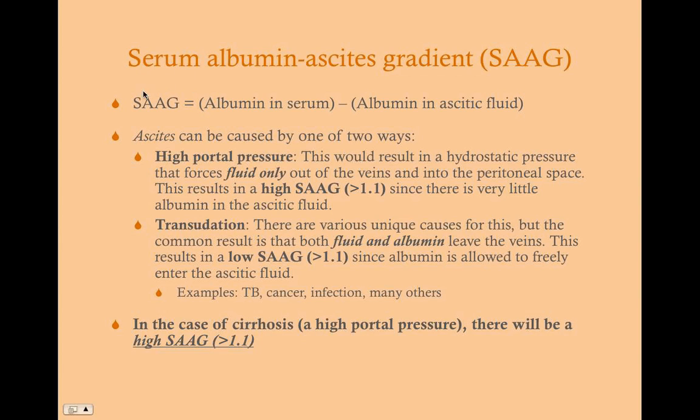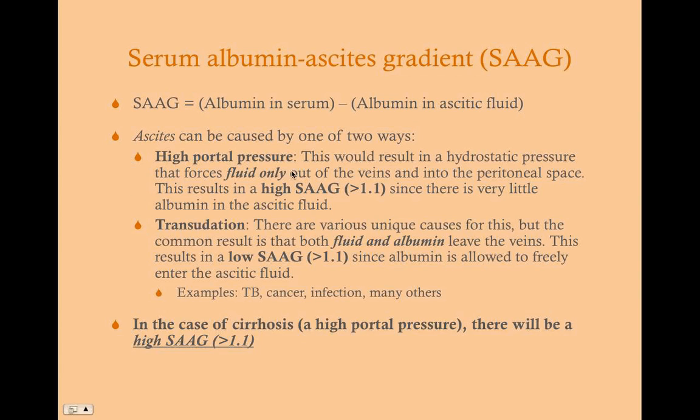And this is going to be very important to know, because when a patient presents, sometimes they may just have ascites, and you want to know, is this caused from a high portal pressure? Is this patient in a cirrhotic state, or is there another malignant cause or an infectious cause behind it? Most of the time, it's going to be due to a high portal pressure, but you want to know this equation so that you can differentiate between the two.